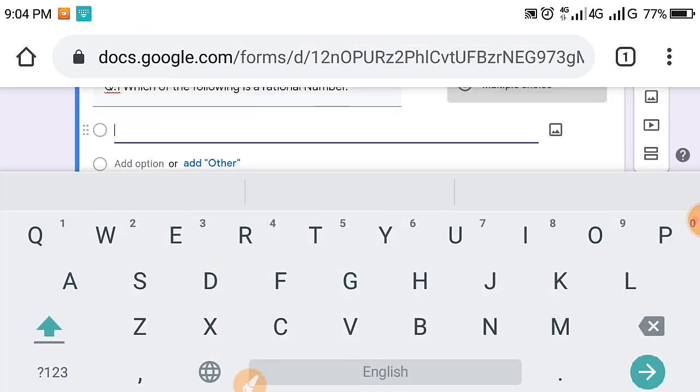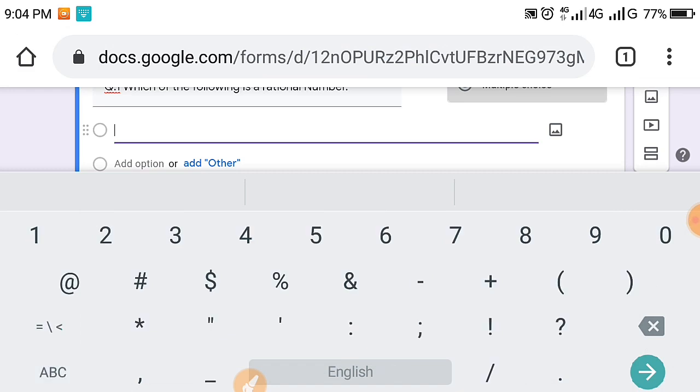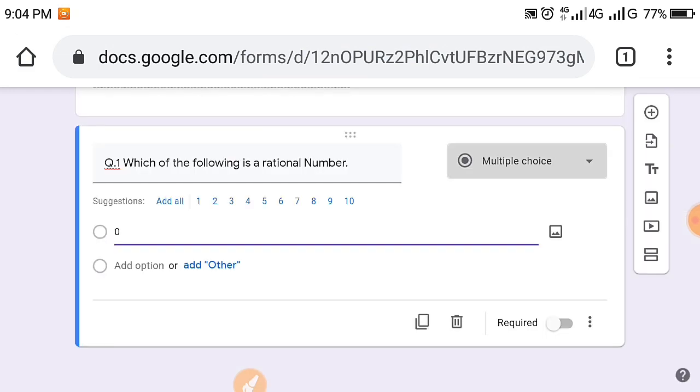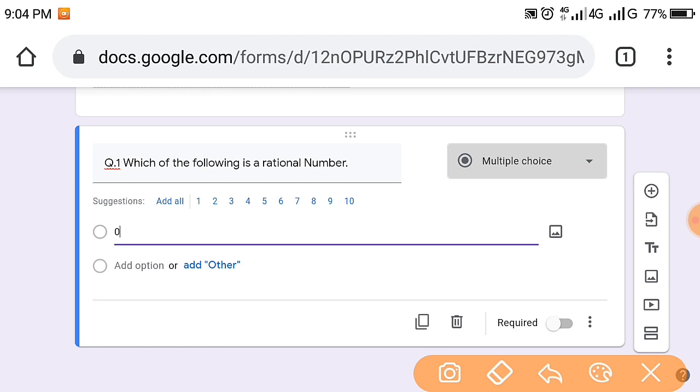So the first option is 0. Now click on the add option button. You can see after 0 there is add option. Click on add option to add your next option.